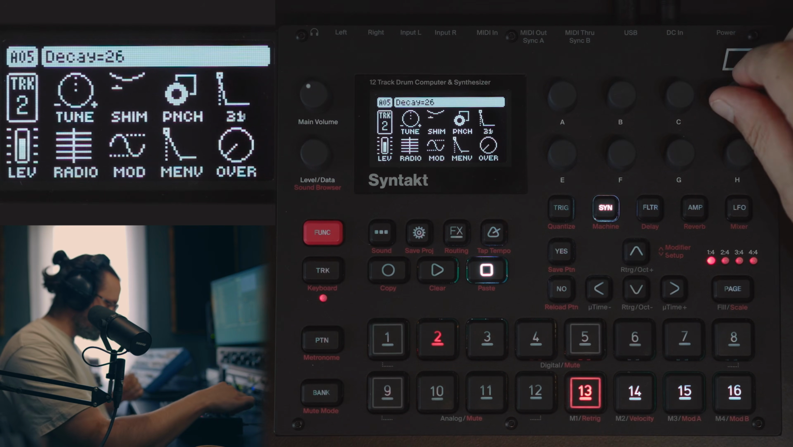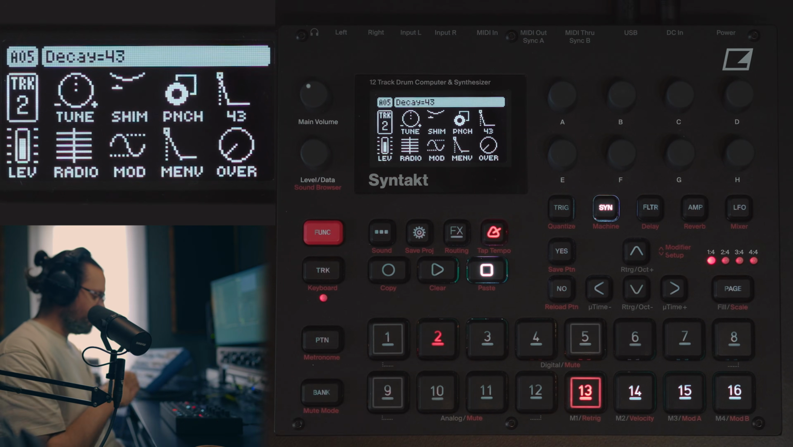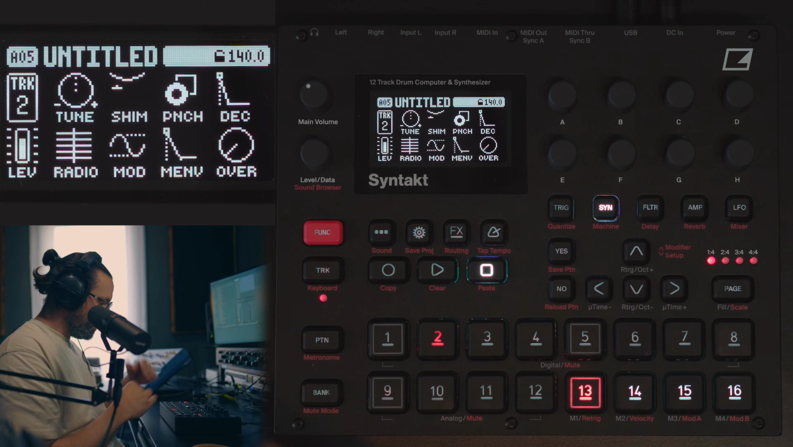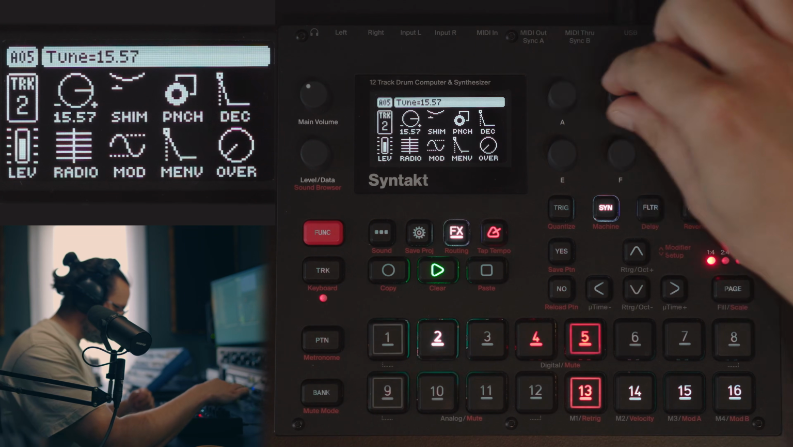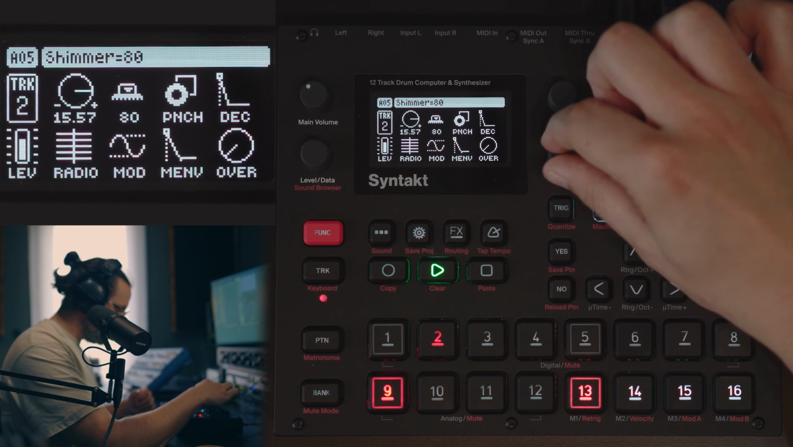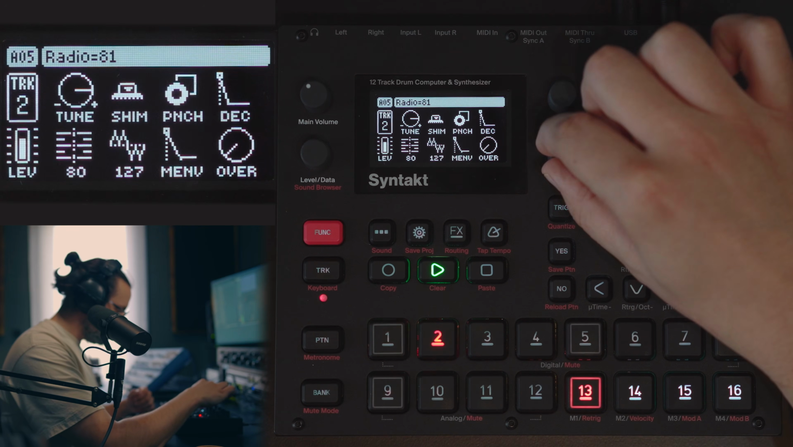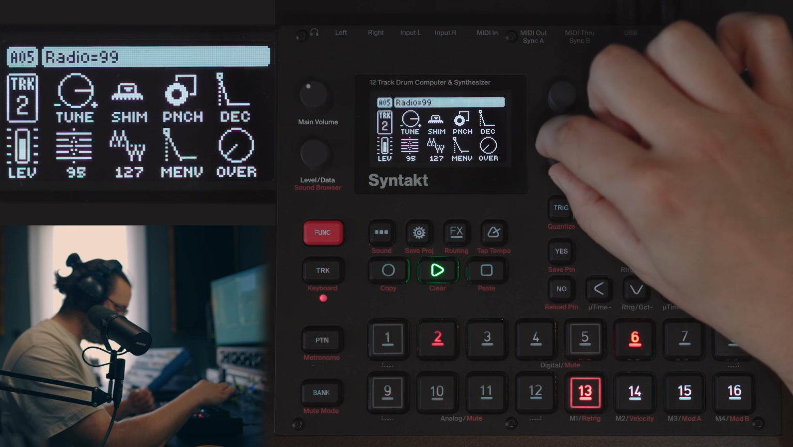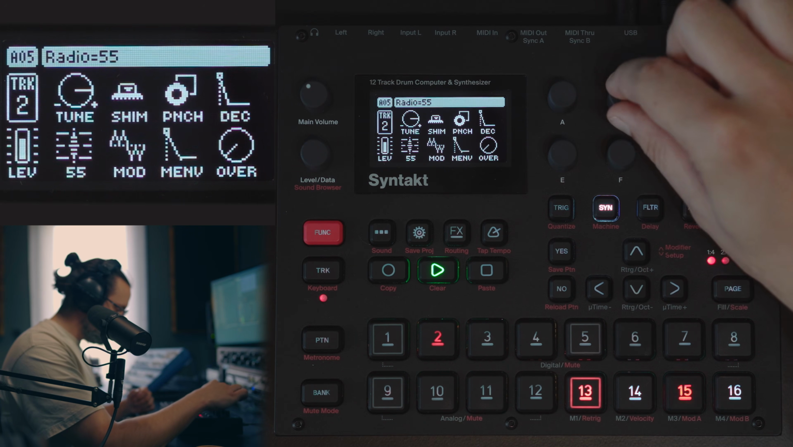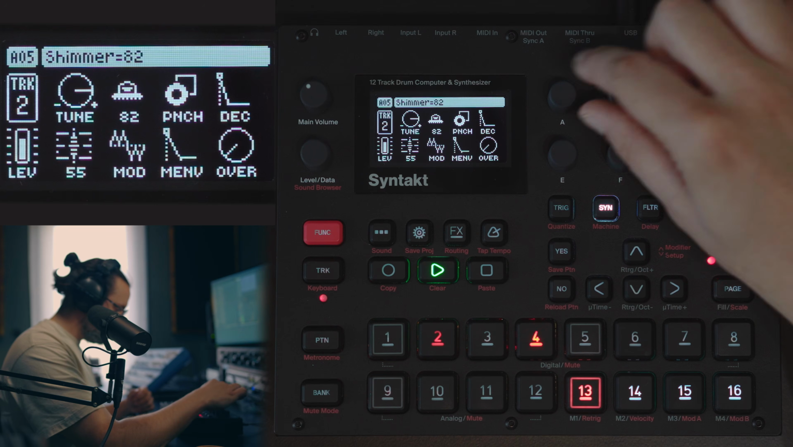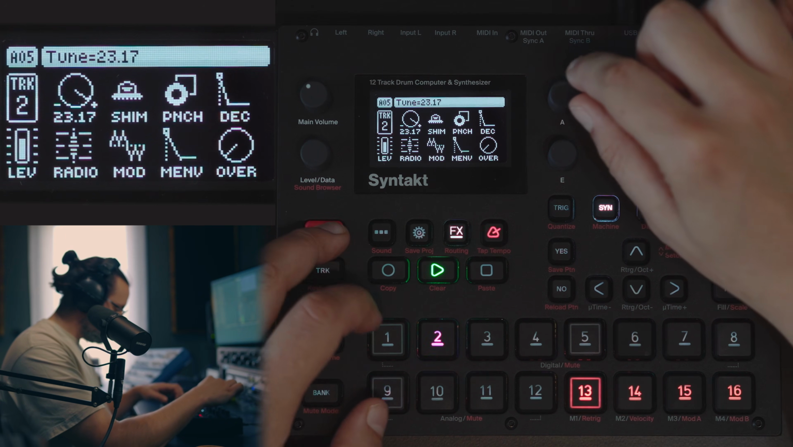Okay, here we don't have that much decay, so maybe. Okay, this dun-gun kind of effect. And then after, just play with the tune, shimmer. So this you kind of need the